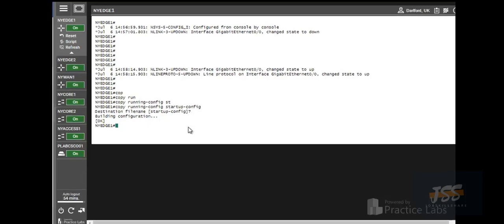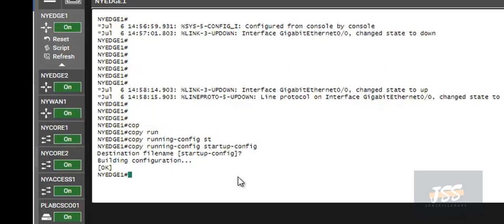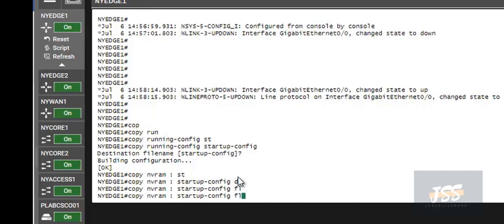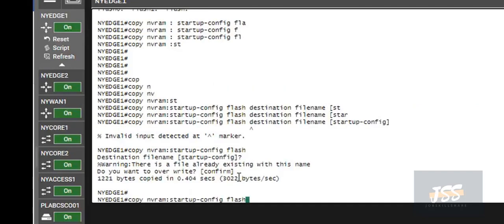Next, we will copy this file from NVRAM and move it to the flash memory. The command is copy startup config flash.